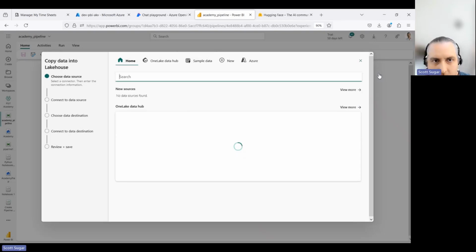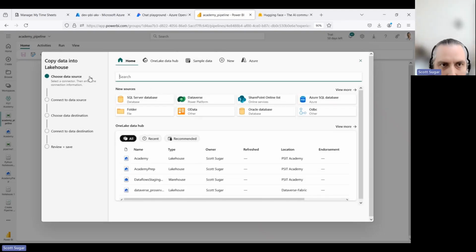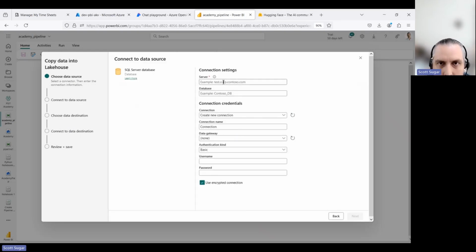Okay. And it pops up this little thing here. And this is going to walk me through building out my pipeline. So what's the data source? Connect to that data source. What's the destination? Connect to that destination, review and save, and build me my pipeline, right? So again, just to make things nice and easy, we're going to go to our same database. So our PSIT